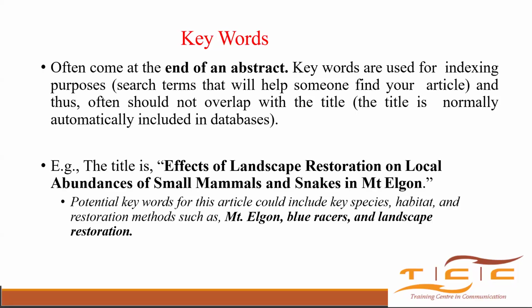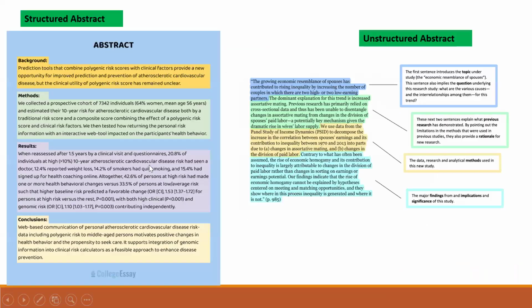Then you start thinking, okay, the keywords would be breastfeeding, infant mortality, infant nutrition. Okay, yeah, I think you get the gist. So those are the things. So this is where we have structured abstract and unstructured abstract. A structured abstract is where you see, in this case, we have the background, methods, results, and conclusion. Now, this one is unstructured, but it still also has all the sections, okay?